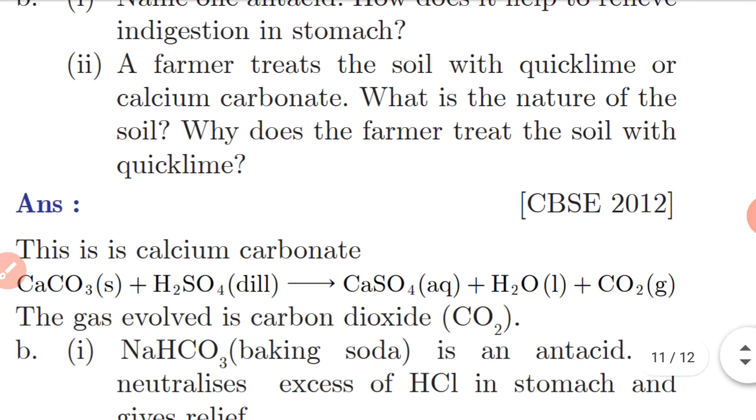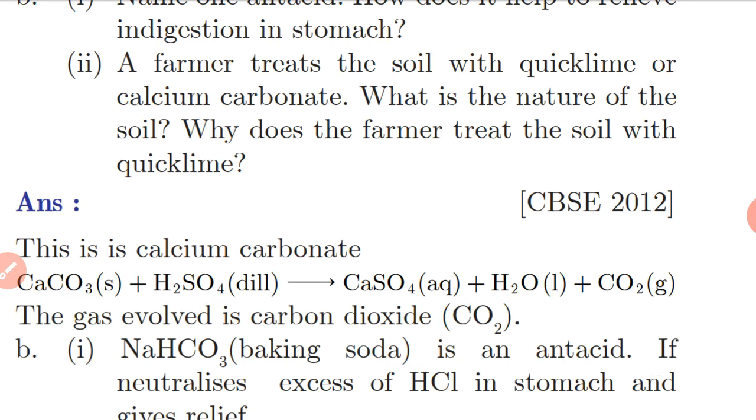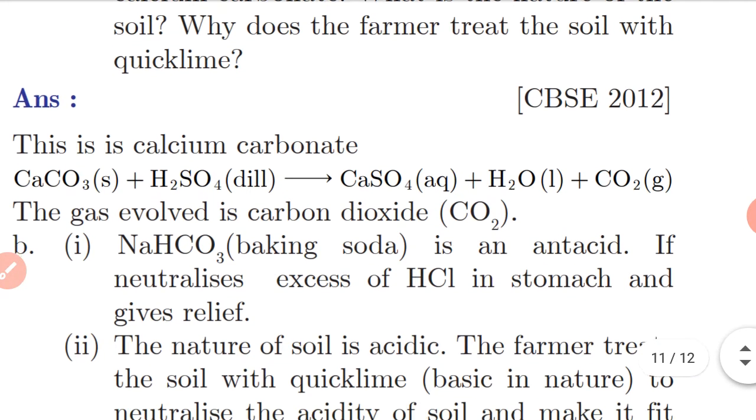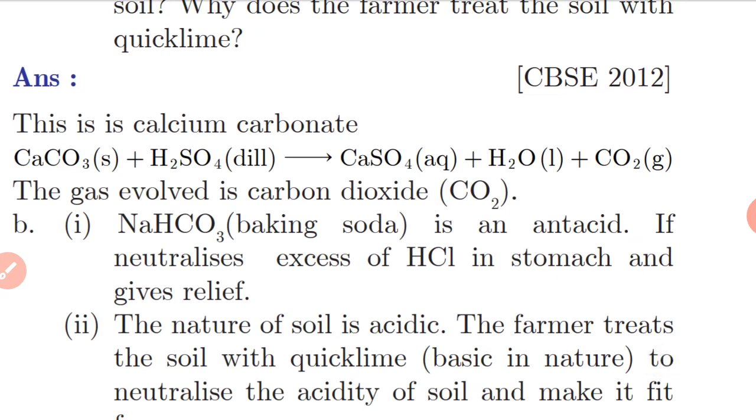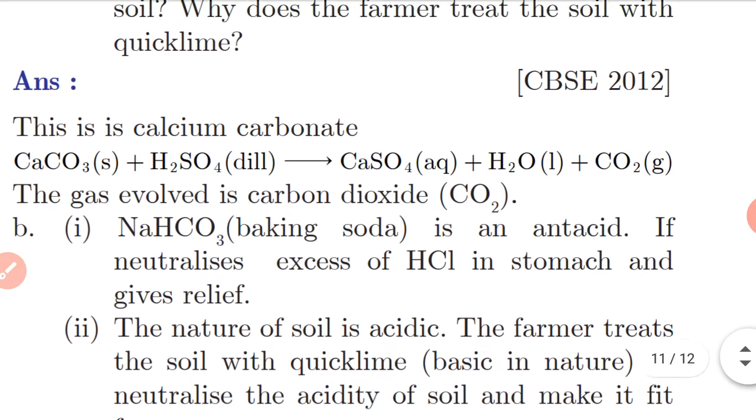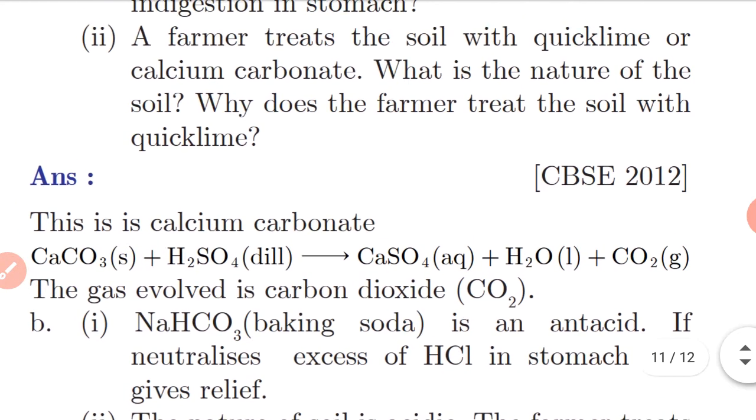Next question: a farmer treats the soil with quicklime or calcium carbonate. We have given the answer that the farmer will treat the soil with quicklime because the nature of soil is acidic. Quicklime is basic in nature, so it will neutralize the acidity of the soil and the soil will be fit for farming. In this way we can understand the question before giving the answer, and let's think for 2 or